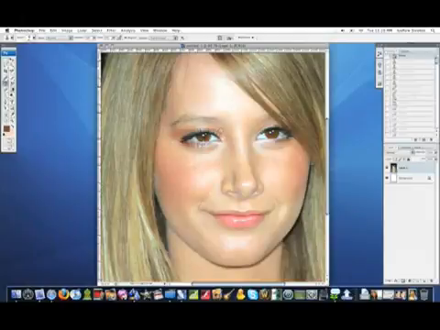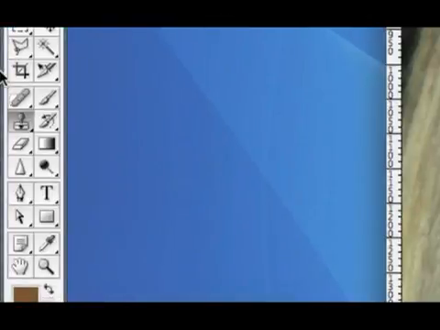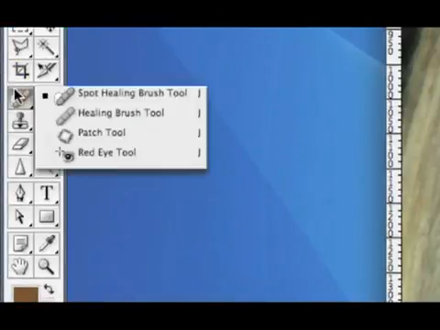So, like I mentioned, the first thing I like to do is remove the blemishes. And there are a few ways of doing this. You can use either the clone tool or the healing brush tools. I'm going to be using the healing brush tools. And if you head over to the left, sorry, to your tools palette, there are a few tools right here that, if you hold your mouse button down, you get these tools right here. And we have right here the Spot Healing Brush tool, which I'm going to be using right now, which is